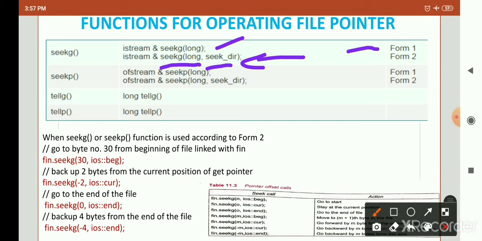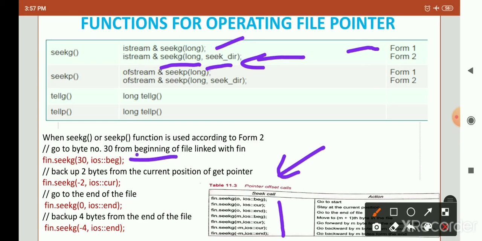Here seek_dir is the pointer offset call. Here the pointer offset calls are mentioned with their actions. If you write ios::beg, then it goes to the start of the file.